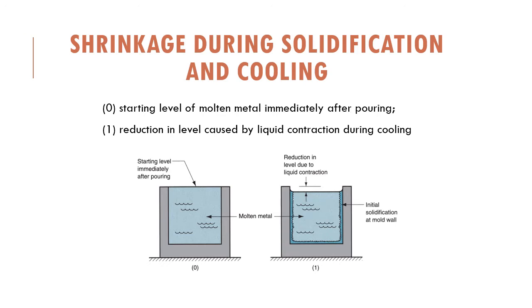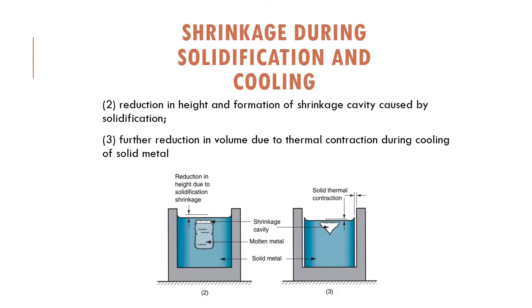So at 0, starting level of molten metal immediately after the pouring. The first picture shows right after the pouring. And then number 1, reduction of level caused by the liquid contraction during the cooling. So it will start to decrease in terms of the level of the molten metal, because the metal starts to solidify. Then the second one, again they are going to start with the reduction of height